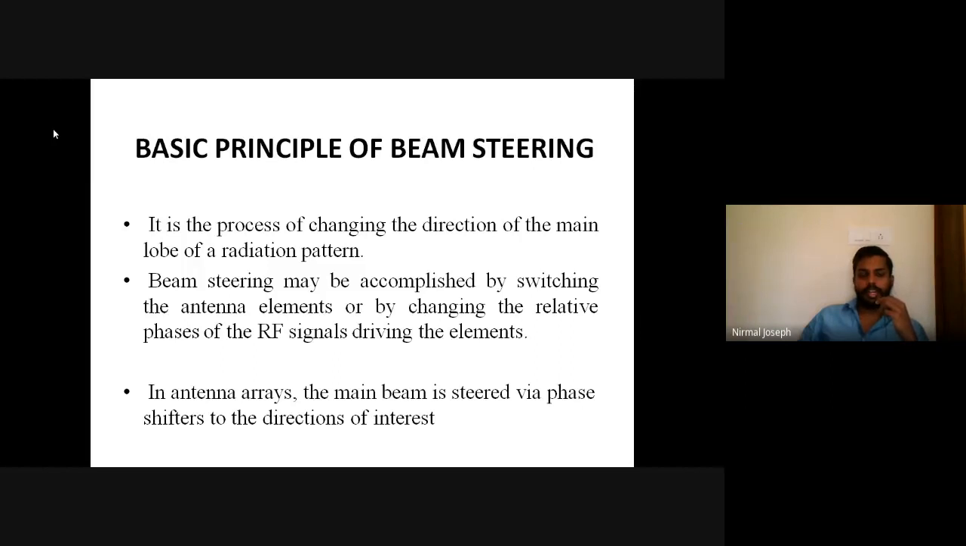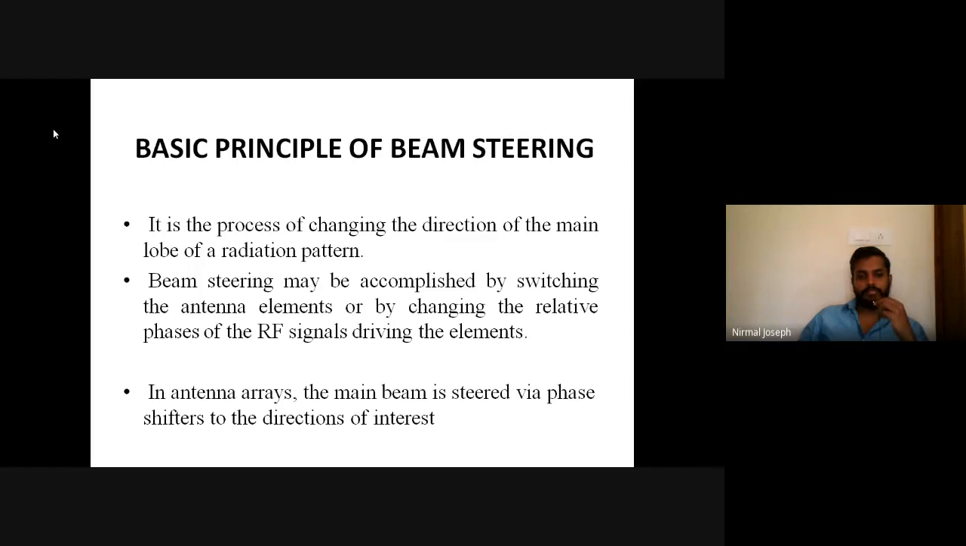And how can it be accomplished? That is the next question. We know the definition of beam steering. Then how can it be achieved? That's the next question that we are going to address. Beam steering may be accomplished by switching the antenna elements or by changing the relative phases of the RF signals